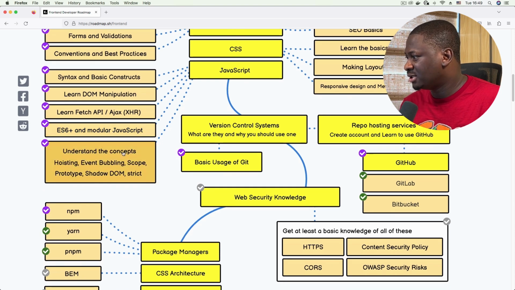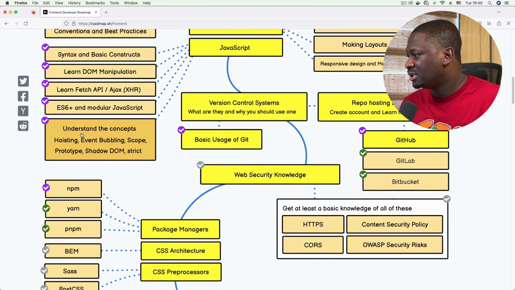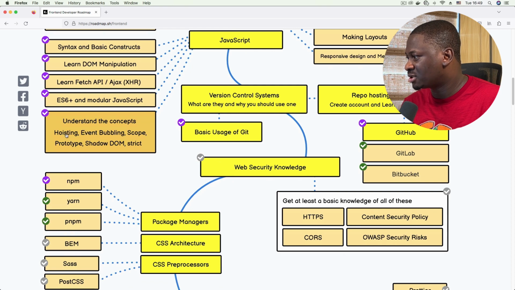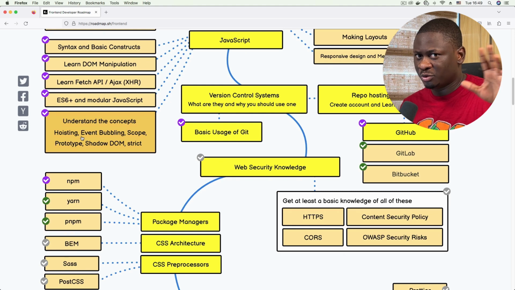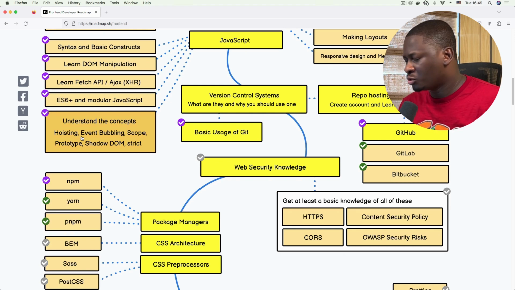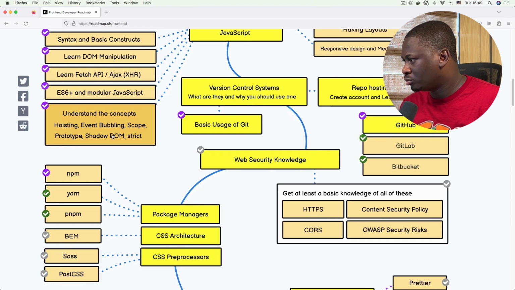Lastly, understand these concepts. This is where all the gotchas in JavaScript hide. You want to be familiar with things like hoisting, which affects the visibility of variables in your JavaScript script. So how you define variables and the scope with which they are visible. Hoisting is something you want to understand so that you know how it affects your variable scope and